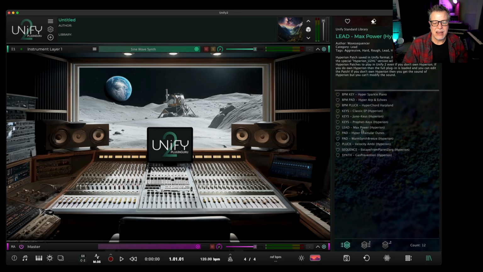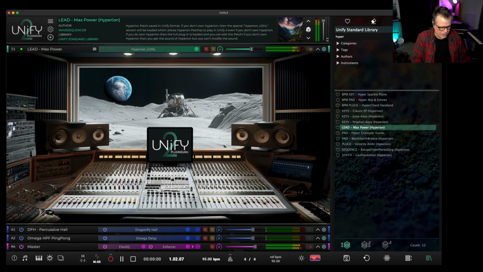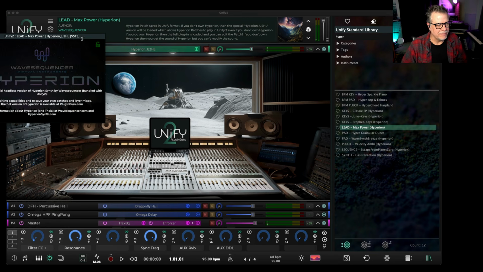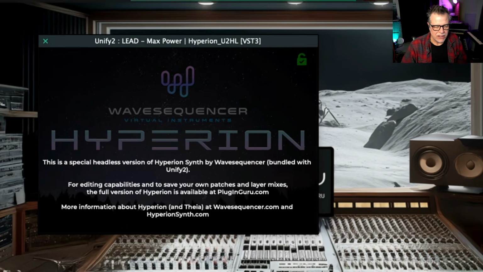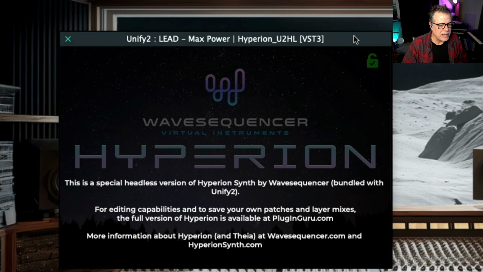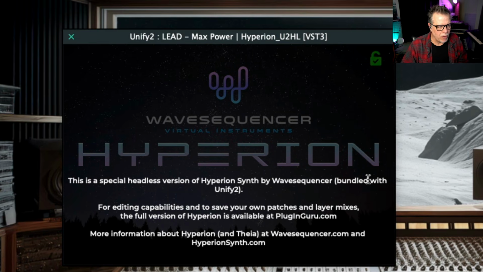So I could go back to, let's say, I was playing that really cool lead sound, right? So let's go lead. I really love this. I go to the knobs and I can access these parameters, but now when I go to try to open up the plugin, it says Hyperion U2HL. And when I click this, there it is. That's the headless version. No interface, no browser, no knobs, just the DSP software that Paul wrote that made